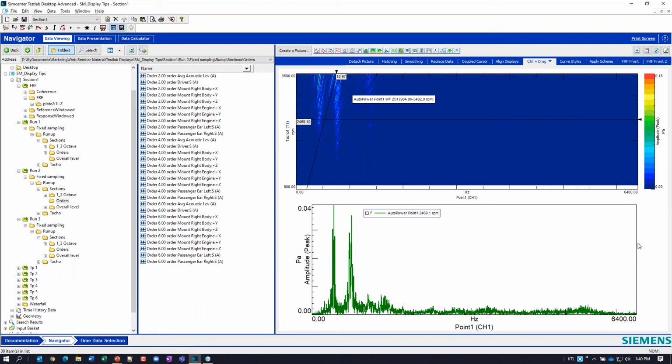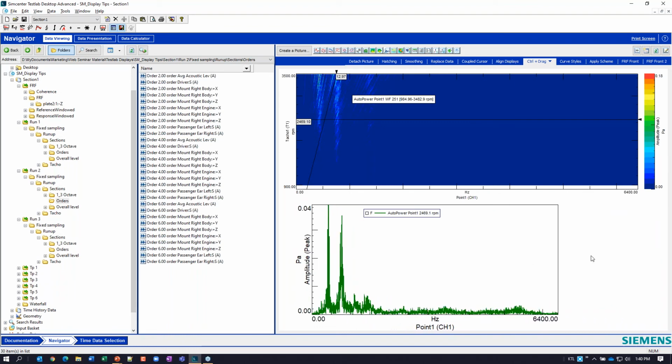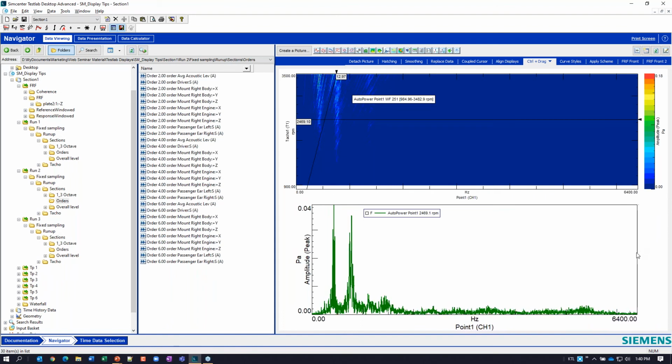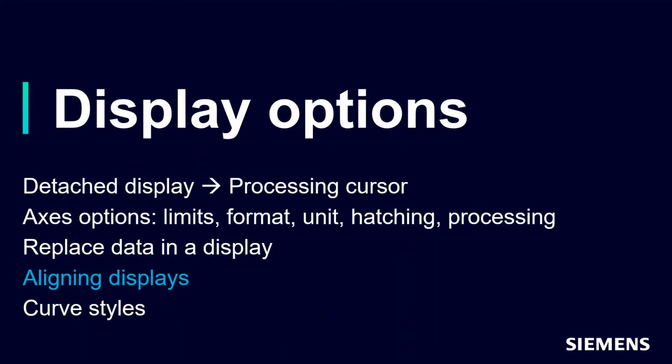And if I now move this axis, I can resize this display however I want. Okay, so I'm just going to artificially create some white space over here. I'm going to do the same thing up here because you see how big I've got this amplitude format down here. I'm going to grab this color map, and it's not going to do it for me for some reason. There we go. I was just grabbing the wrong spot. And so now I can resize these two displays so that they're perfectly aligned. And now I see these peaks are perfectly aligned with these sort of resonances I see in my color map. Okay, so I do that just by holding down the control key. Okay, so that's just a little bonus tip I'll throw in there.